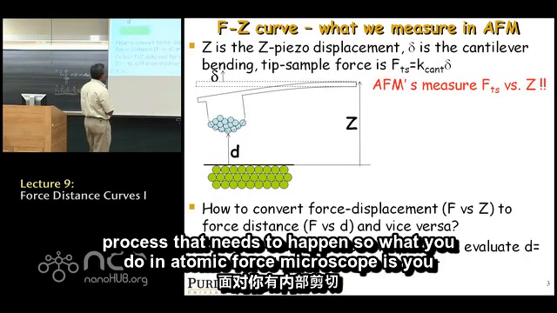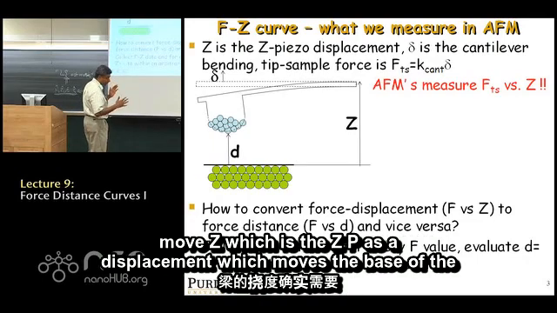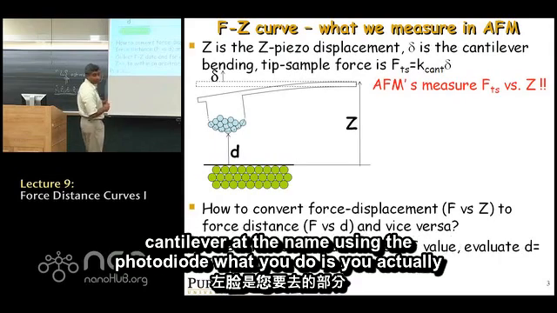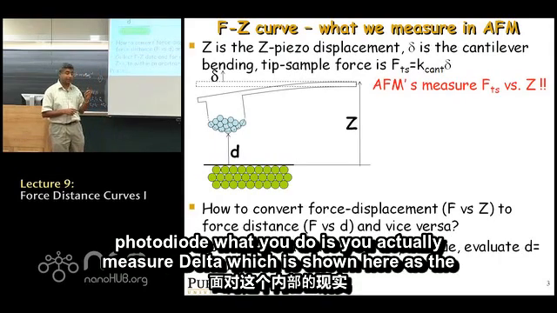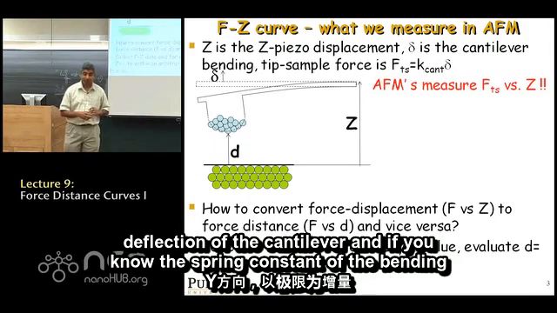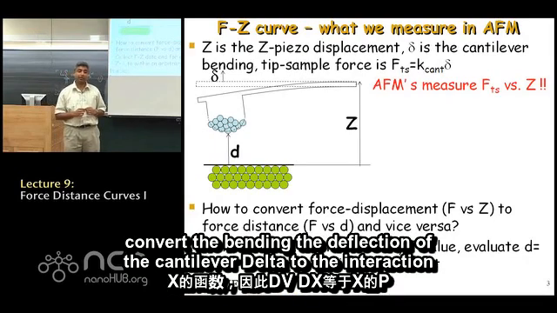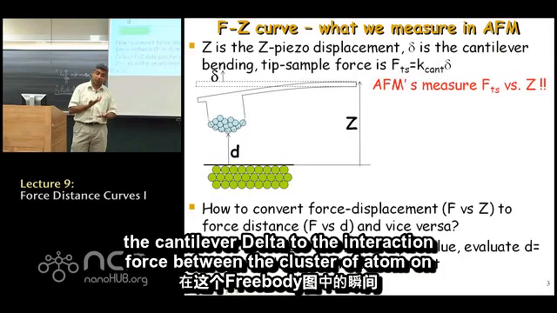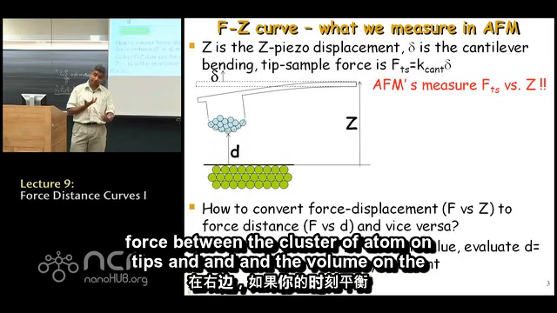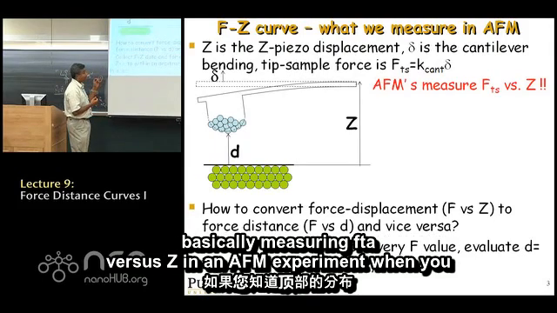So what you do in atomic force microscope is you move Z, which is the Z piezo displacement, which moves the base of the cantilever up and down. Using the photodiode, you actually measure delta, which is shown here as the deflection of the cantilever. And if you know the spring constant or the bending stiffness of the cantilever, you can convert the deflection of the cantilever, delta, to the interaction force between the cluster of atoms on the tip and the volume on the sample that's being probed. And so you're basically measuring FTS versus Z in an AFM experiment when you move the cantilever close and far